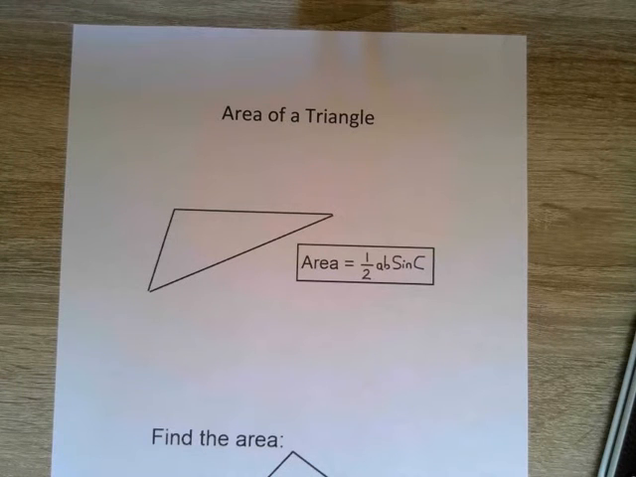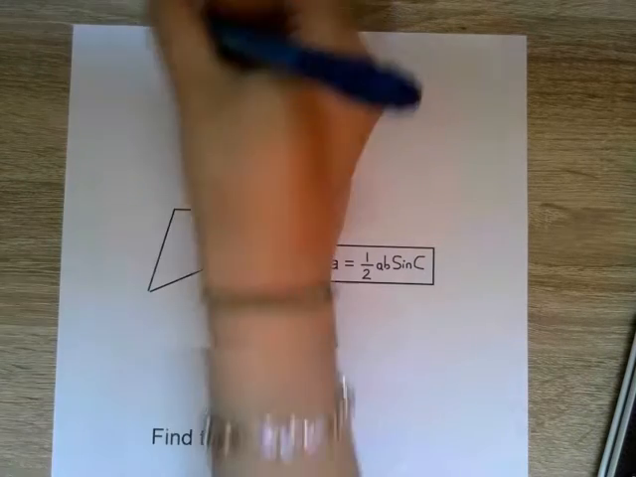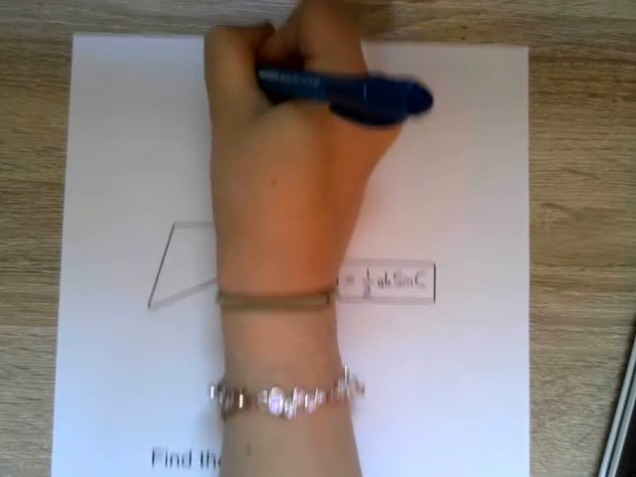So this video is going to go over finding the area of a triangle where you don't know the perpendicular height, or where it's not making a right angle with the base. It's not a right angle triangle. So this formula will work for any triangle, whereas the one you normally do, like